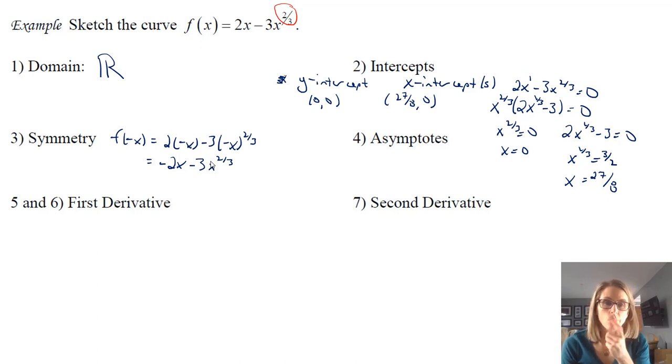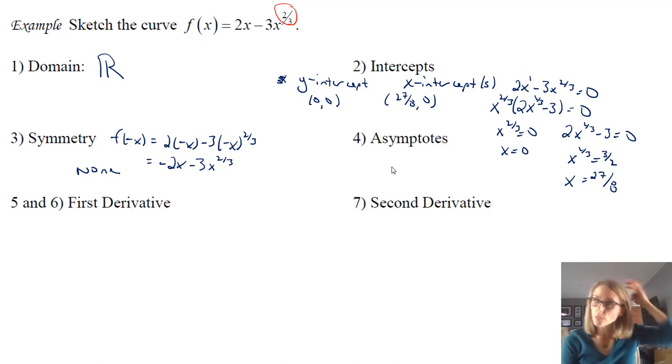However, when you look at that, you can see that the first piece is different and the second piece is the same. So of course that doesn't mean anything for the whole piece overall. So the point is, it doesn't have any symmetry. So I'll just put the word none.